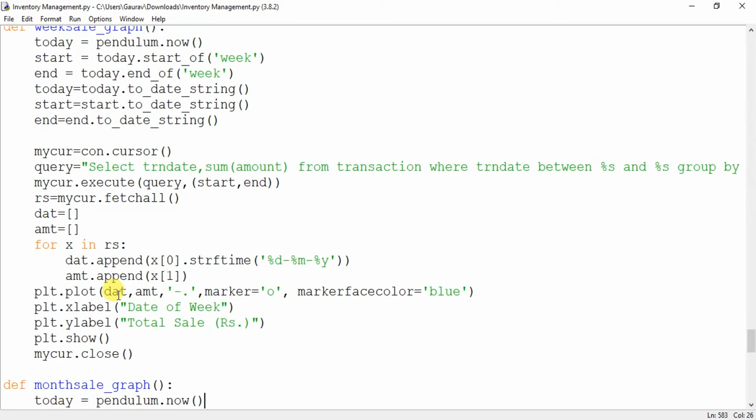Sunday this, Monday this, so this will be a line graph. The lines will be of the dashed type, and the marker, the points, will be like this, O. The color will be blue. X label, Y label you already know, and you will show this plotting, so this will be displayed.